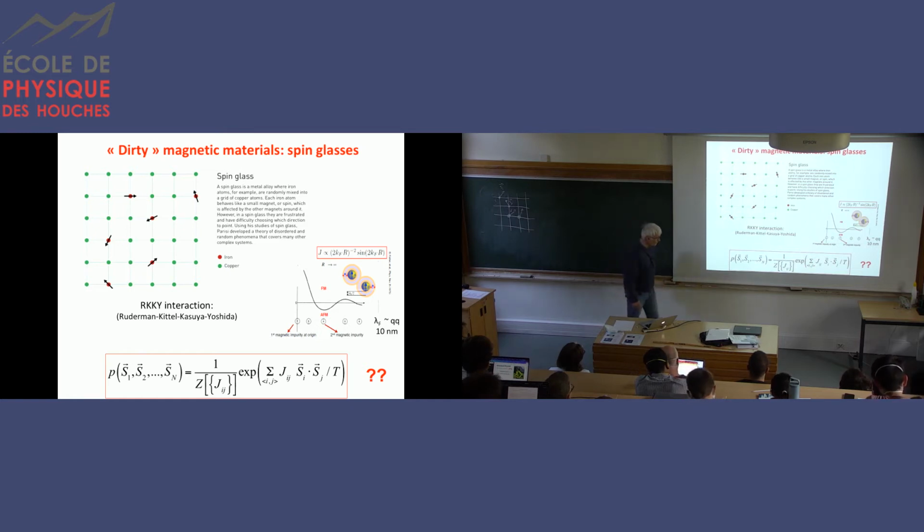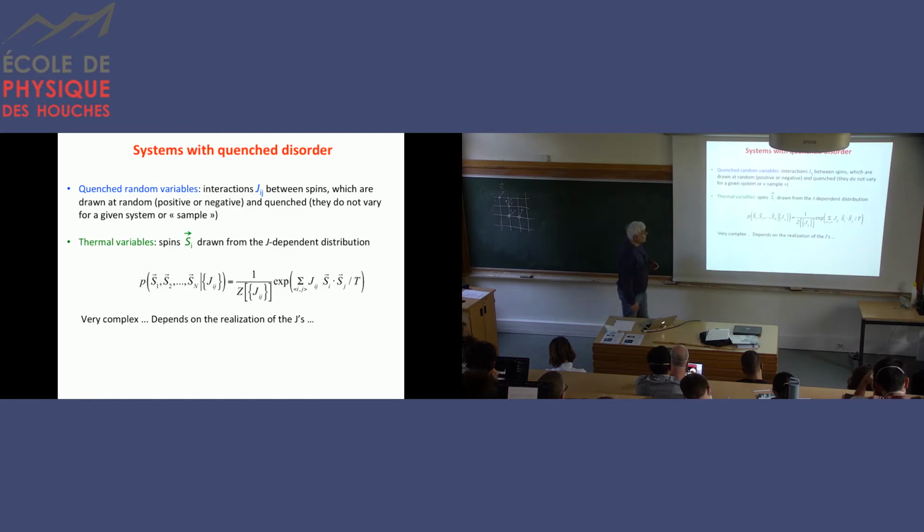Now the problem you are facing is that you would like to understand the nature of this distribution. You have n vectors, and you would like, for instance, to understand what is going on at low temperature. It's a very complicated problem, and this is really the archetypal problem we are dealing with, and I will deal with in the next 4 lectures.